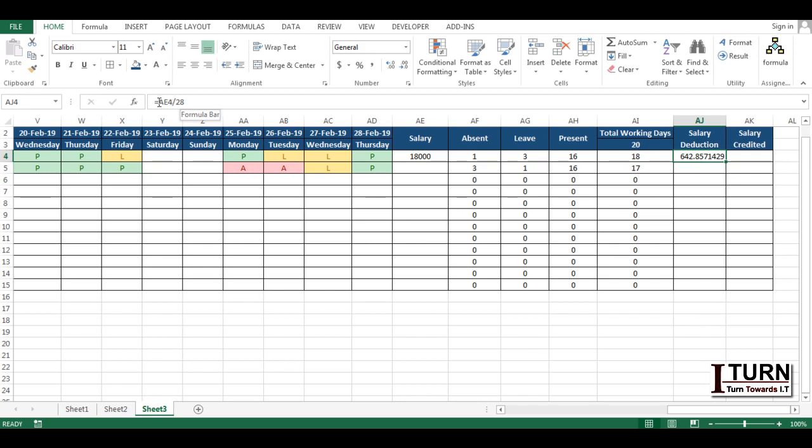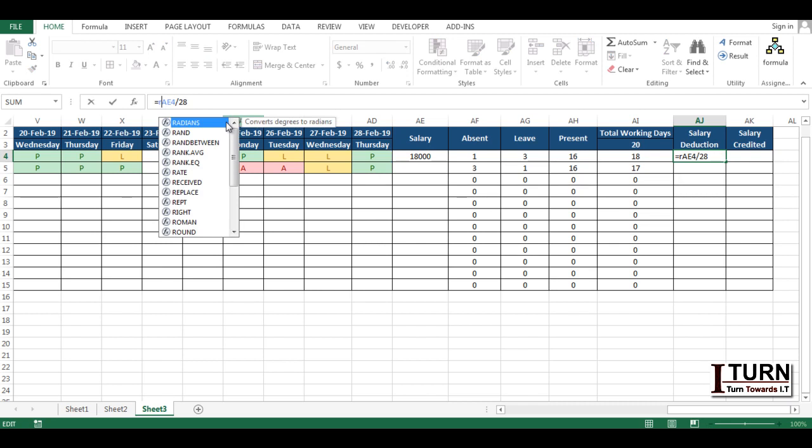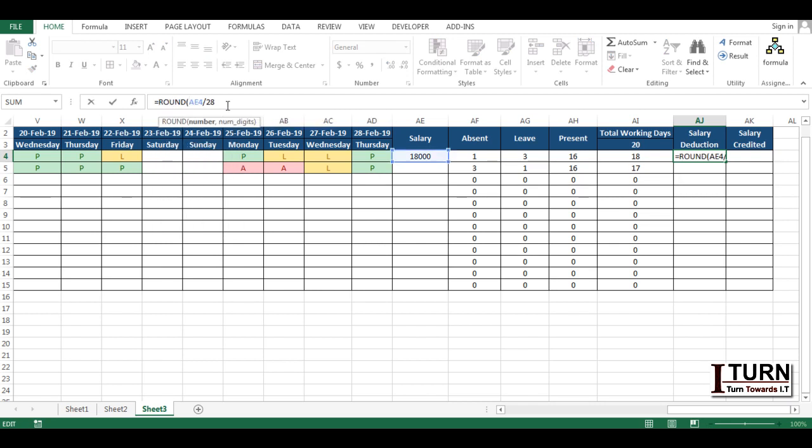that much amount. Because it's giving too many decimal values, I'm going to apply a round function, and the number of digits that I'm looking for is 0. Okay, so on a daily basis this particular individual is getting 643. Now how much salary needs to be deducted is based on how many days are less than 20. So here it is 18, let's say. So how are we going to calculate? Now this particular amount multiplied by, in a bracket, I'm going to take 20 subtract by this one, bracket close,